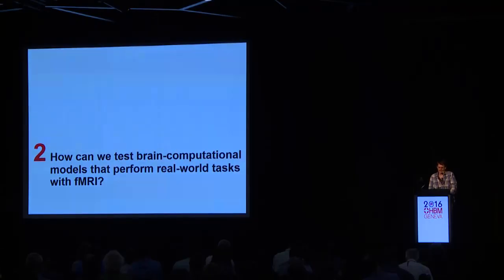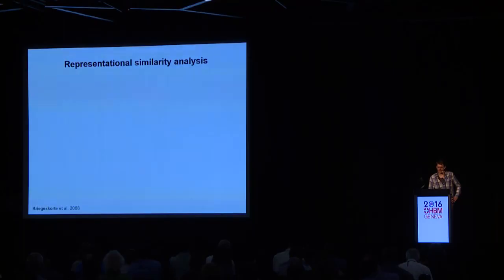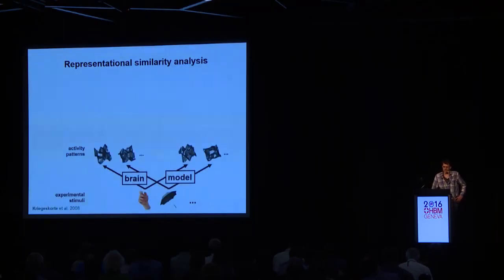So how can we test these brain computational models that perform real-world tasks with fMRI? In my lab, we take the approach of representational similarity analysis, where we present a number of stimuli to biological brains, humans and monkeys, and to the models. And for each of these stimuli, we get an activity pattern. And then because it's difficult to relate these activity patterns in the models, which can have hundreds of thousands of units,